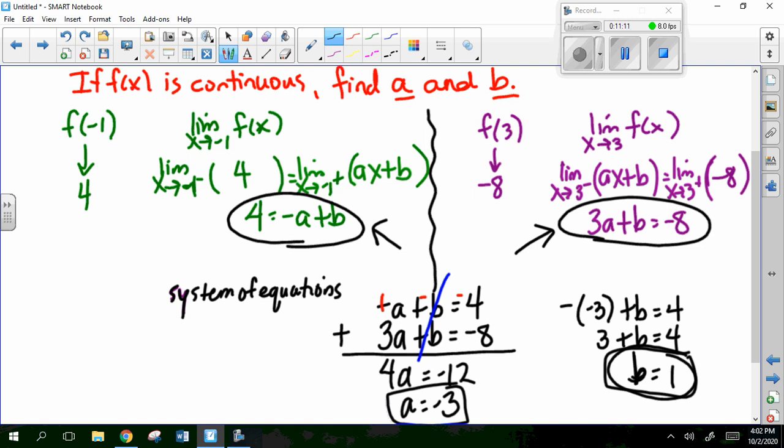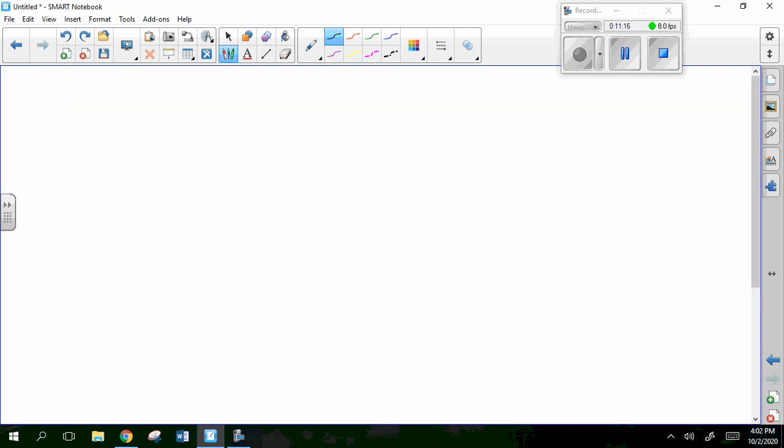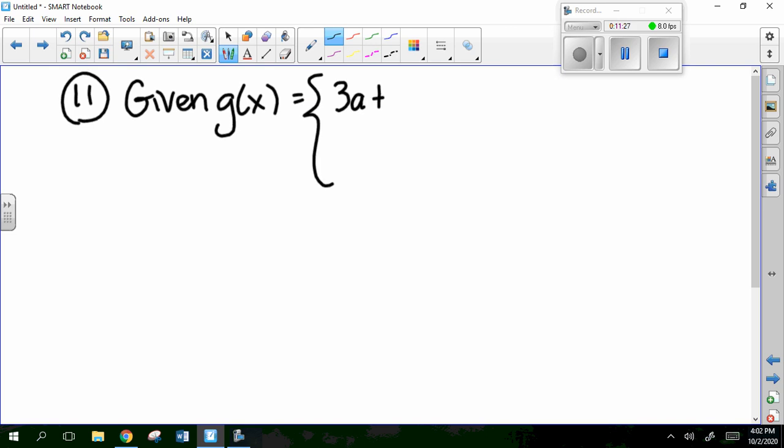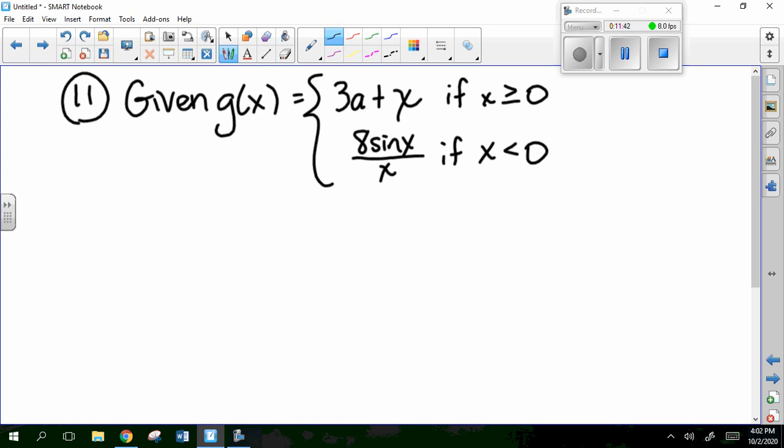And then the one that we didn't quite get to in class was number 11 on my paper. Given g of x equals, because I didn't get to one with a trig function in it, 3a if x is greater than or equal to 0, and 8 sine x over x if x is less than 0. I want to know, given that g of x is continuous,